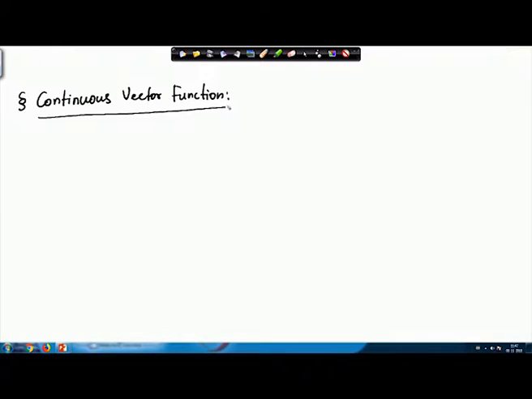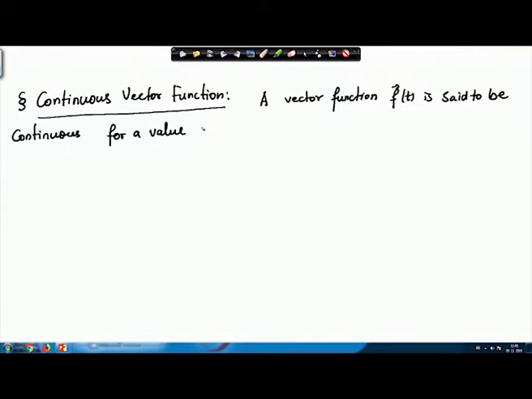A vector function f is said to be continuous for a value, or at a point, t 0 of t if f of t 0 is defined